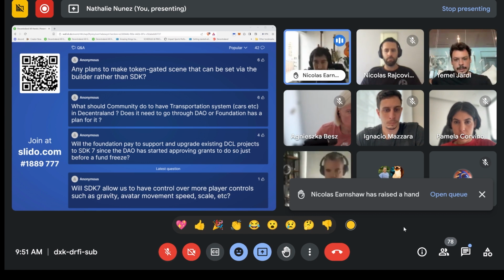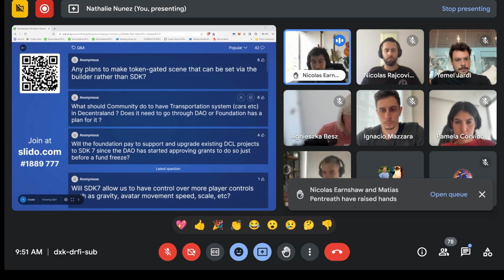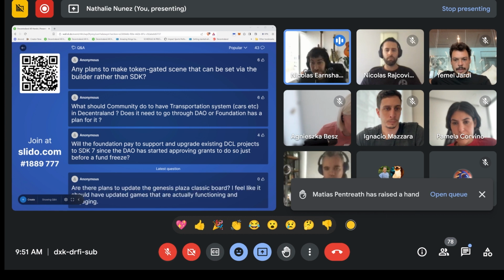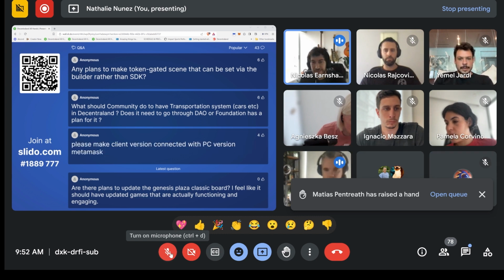Where we have smart items on SDK7, I believe that we can do this kind of thing. Nothing really prevents that. It probably won't be the kind of smart item that we'll develop in the first phase, but definitely one big advantage that we have now over SDK6 smart items is that we're a lot less limited in the kind of things we can do. Basically, anything that a scene can do with code could theoretically be done with smart items. So it's just a matter of building a smart item that does it.